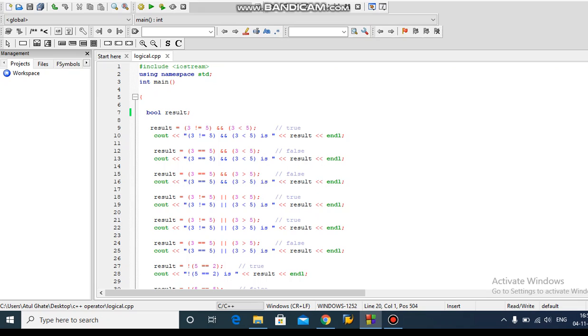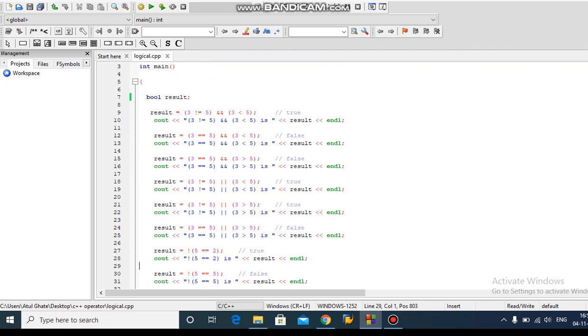Okay. So the next statement is 3 is equal to 5 or 3 is greater than 5. 3 is not equal to 5, this condition is wrong, meaning false. Then 3 is greater than 5, this condition is also false. So both conditions are false. It does not satisfy that at least one of the conditions is true. So that's why it gives the result false. Okay. This is a very important example.